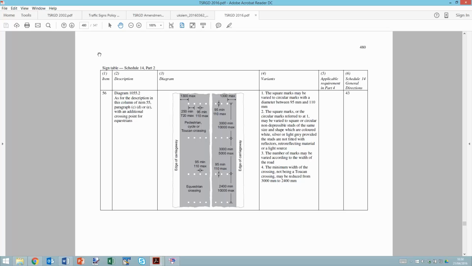A couple of other matters. It's no longer a requirement to illuminate self-righting retroreflective bollards. One of the big problems, I think, with the SRBs is that they have to have illumination, so they have to have electrics.